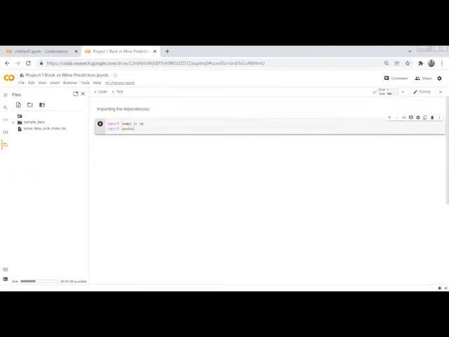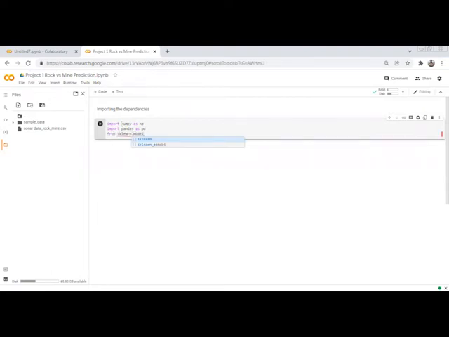We'll import pandas. And since we are using this machine learning model, we have to import certain libraries from scikit-learn. So one is scikit-learn dot model selection. We will import the train test split function, this one,